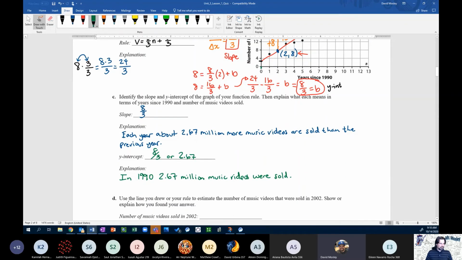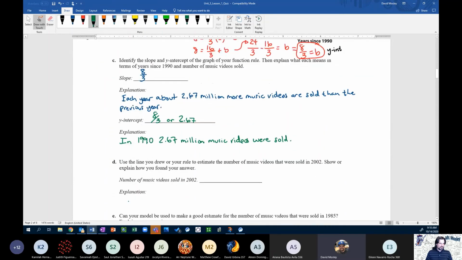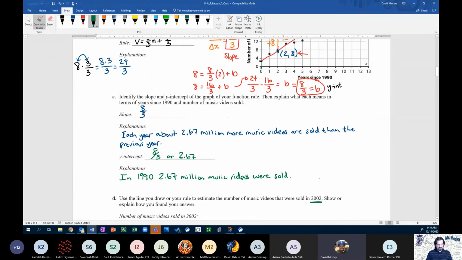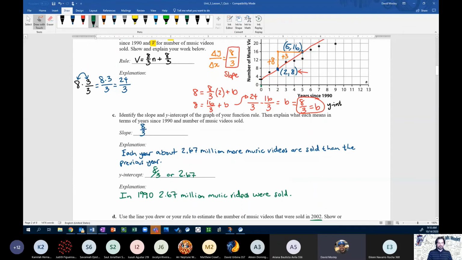So then part D is use the line you drew or your rule to estimate the number of music videos that were sold in 2002. All right. As far as our graph goes, where is 2002 on the x-axis? Which number here represents 2002? If this is 1990,